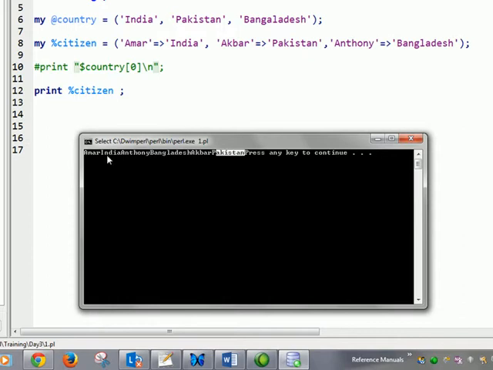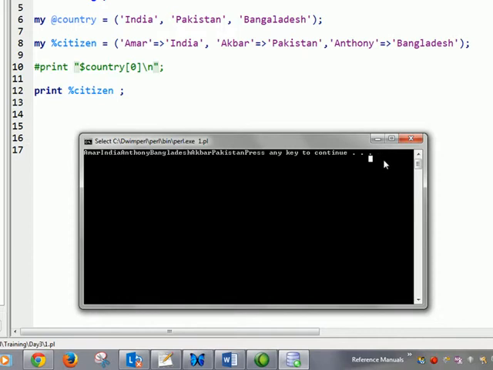If I print it, what happens? Do you notice anything different here? Amar, India, fine. This is the first entry. The next entry is Anthony and Bangladesh. It is not Akbar and Pakistan. So you must be very careful and note down that the way a hash is printed might not be the same as the way it has been declared.